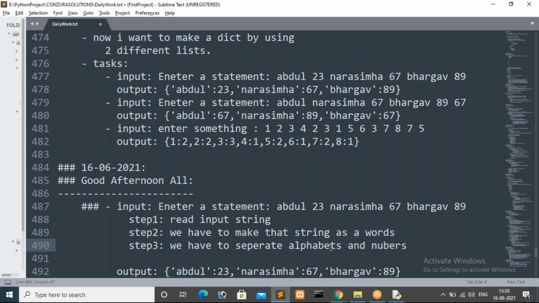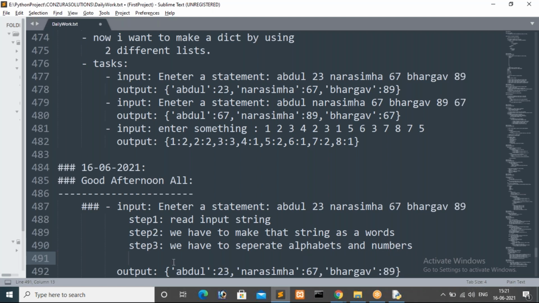No, that is isdigit. Each digit check will return whether that word is a number or not. If it is a digit, then we have to store that digit in one list. To store alphabets, we have to create one list. To store numbers, we have to create another list. So that is the third step.